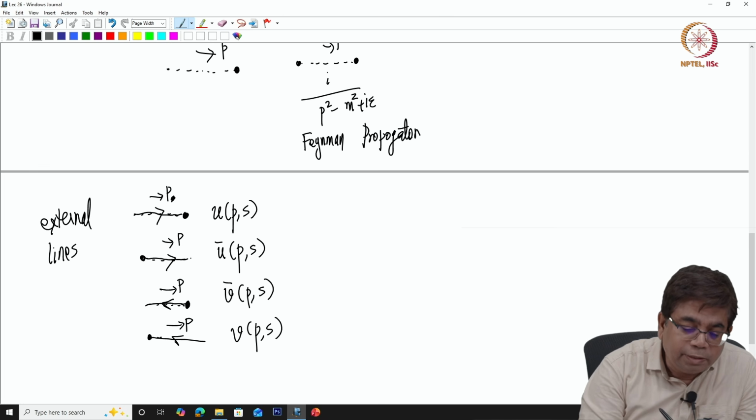See, this is the vertex and the antiparticle is coming inside, see the direction of the momentum, but the charge